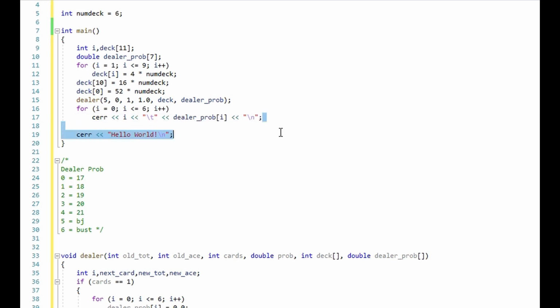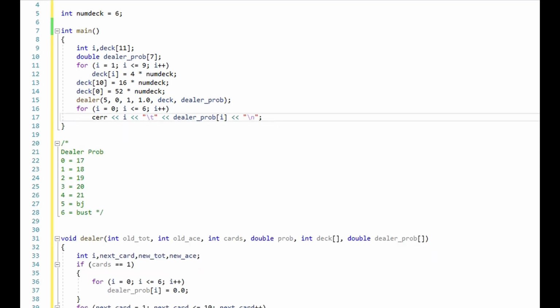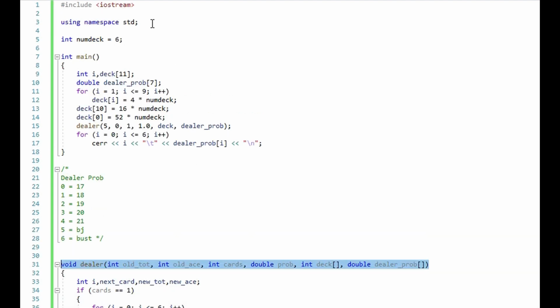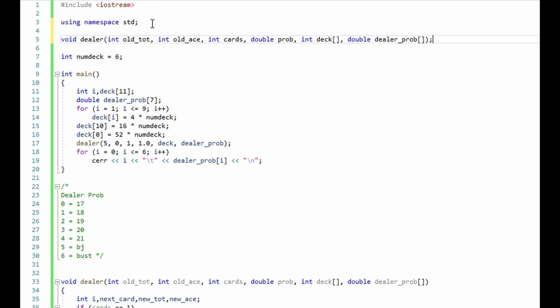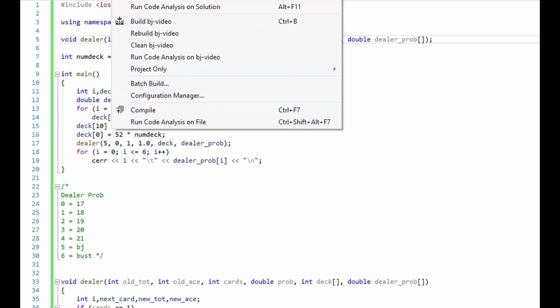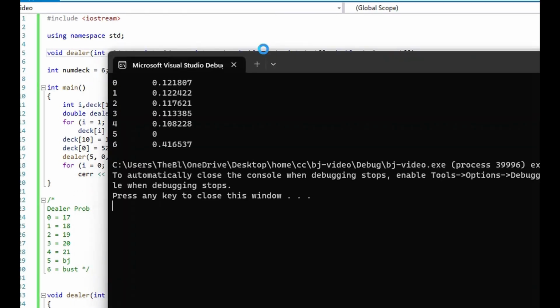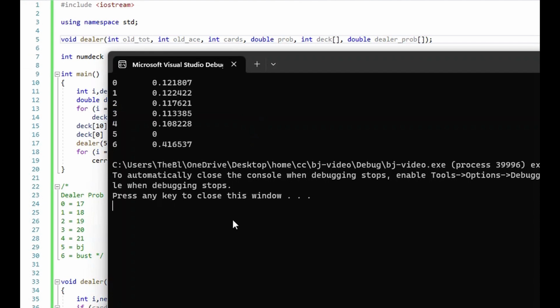And we don't need the hello world anymore. And I forgot, as I often do, to declare this function. So let's compile this. It compiled, and let's run it. So here we go. This is telling us that if the dealer starts with an up card of a 5,